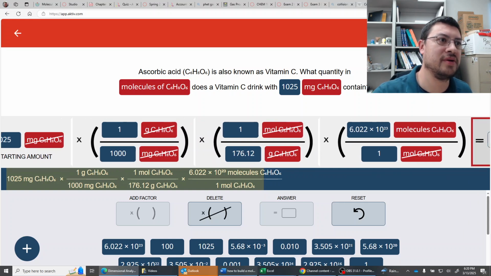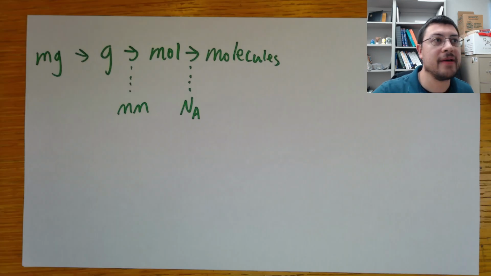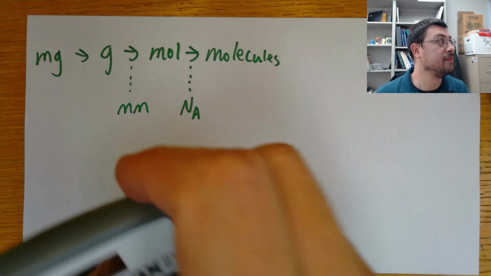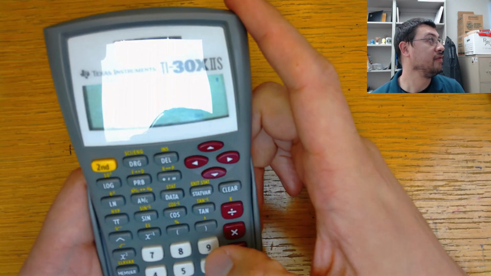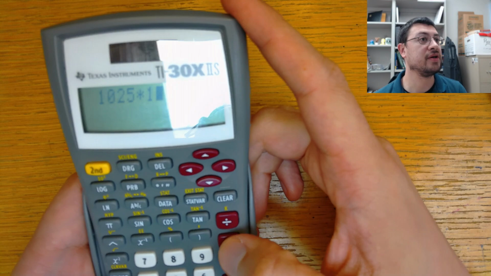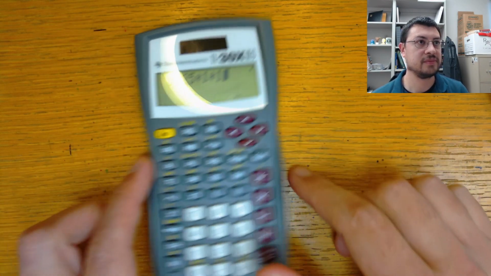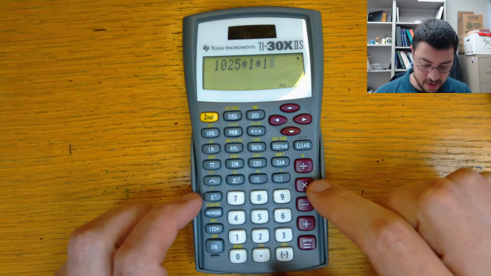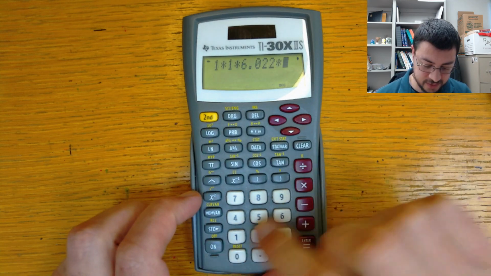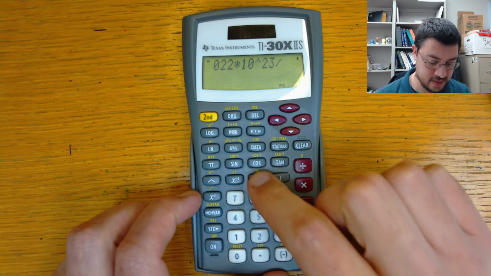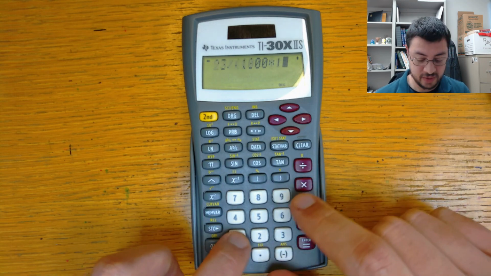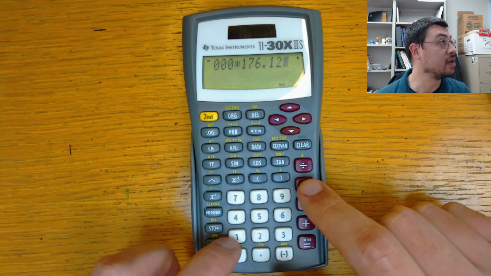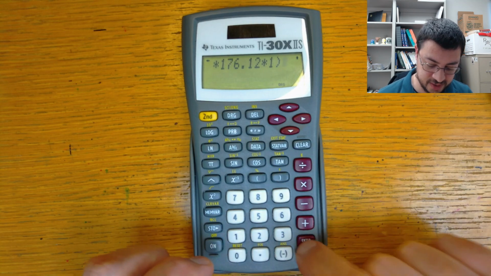So let's see. 1025 times 1 times 1 times 6.022 times 10 to the 23 divide, open a parentheses, 1000 times 176.12 times 1, close parentheses,